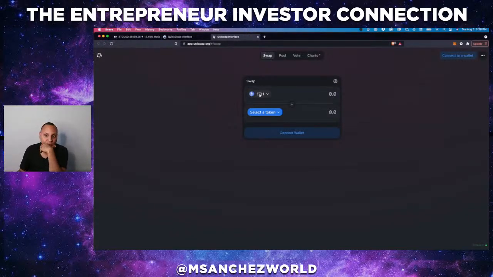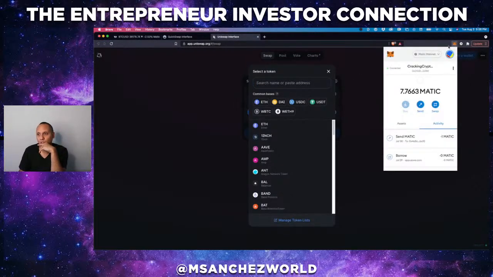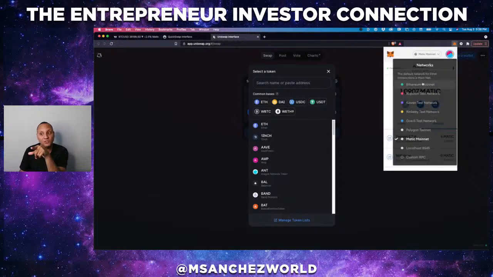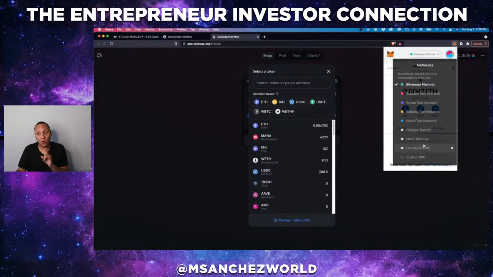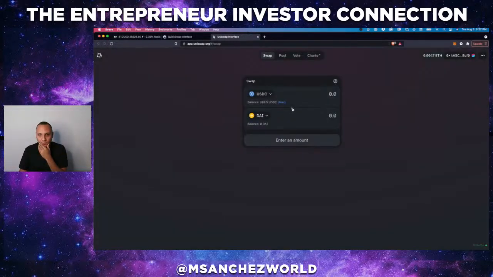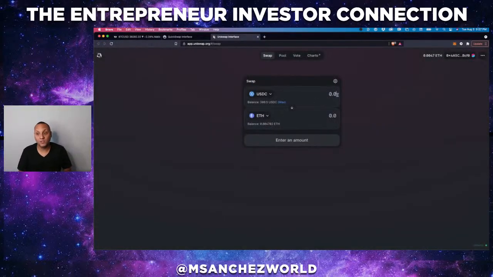So if we go right now and I try to buy, I don't even think I have any money in this wallet. I got to change wallets. So again, I have multiple wallets. I highly suggest everybody have multiple wallets. Okay, so now you see here, I have to change to the Ethereum blockchain. In your MetaMask, you can load up multiple blockchains. So you should be uploading the Matic blockchain. Or actually, let me shift them. And I was going to buy Ethereum. Let's say I was going to spend $100 right now